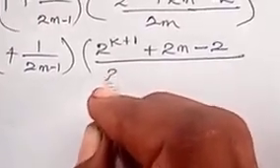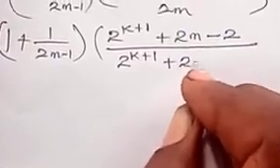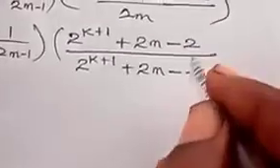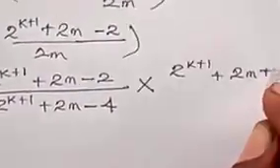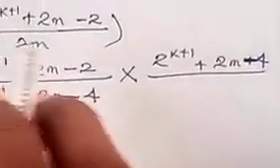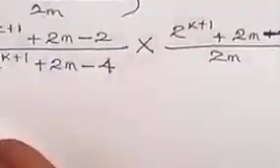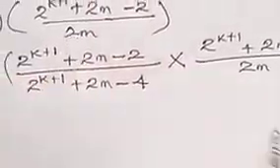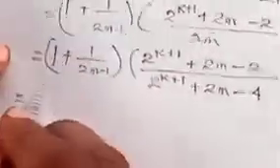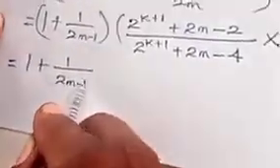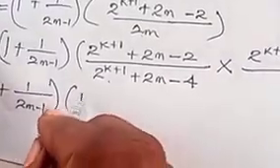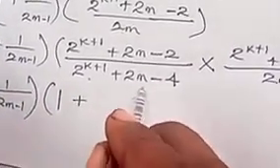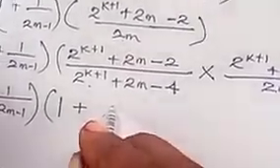all over 2k plus 1 plus 2m minus 4, then times this one, 2k plus 1 plus 2m minus 4 all over this. You can see this one can still cancel this. This one can cancel this. We get this back. But you can write it as 1 plus 1 all over 2m minus 1 in brackets. Now, this one divided by this. If you use this one to divide by this, we have 1 plus